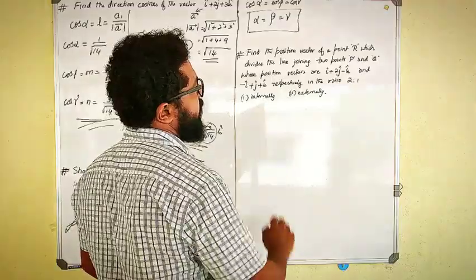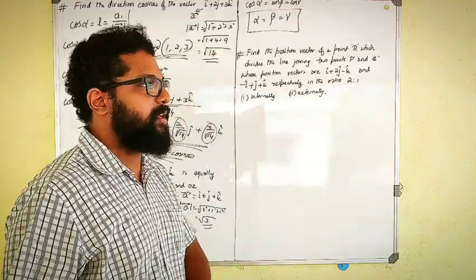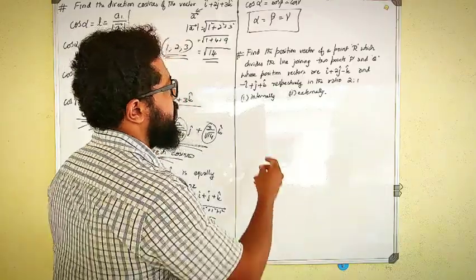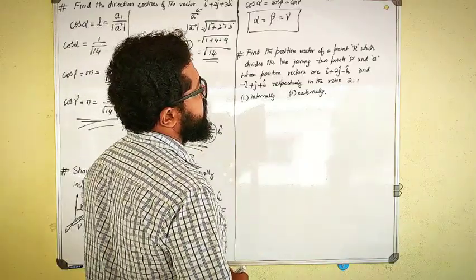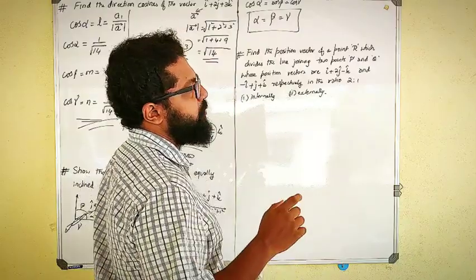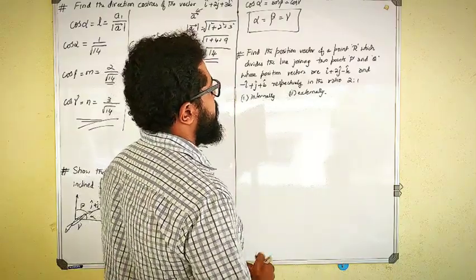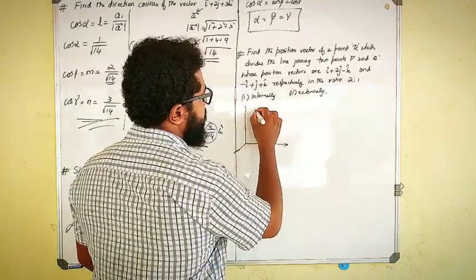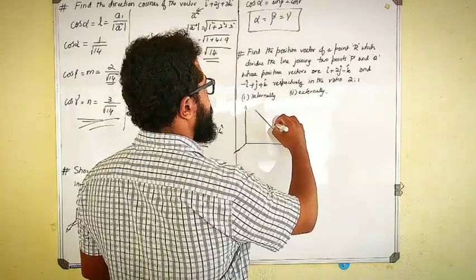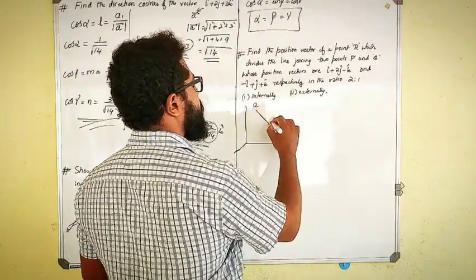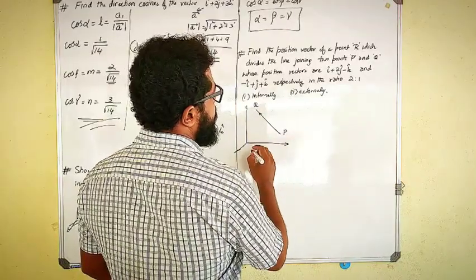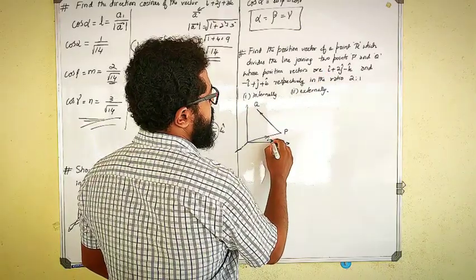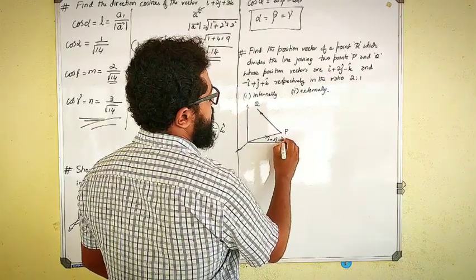Fine. So this type of question will be asked if a question comes in vectors about the section formula. I'll directly move on with the problem, in which I should find the position vector R of the point R, which means I'll come to the derivation which I've done previously. There is a point which joins from P to Q. This is my P point and this is my Q point. So P to Q, whose position vector is this one, that is i cap plus 2j cap minus k cap.